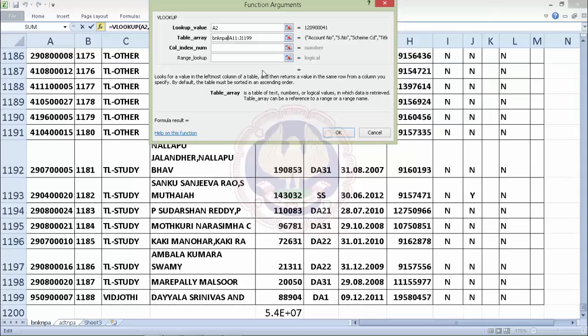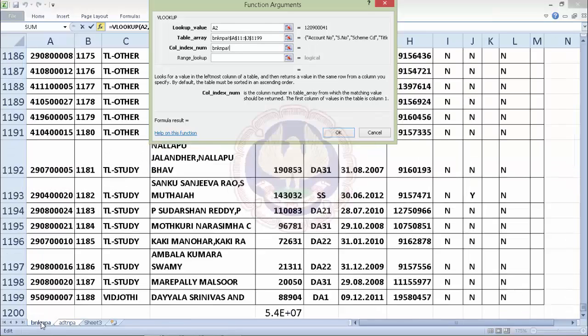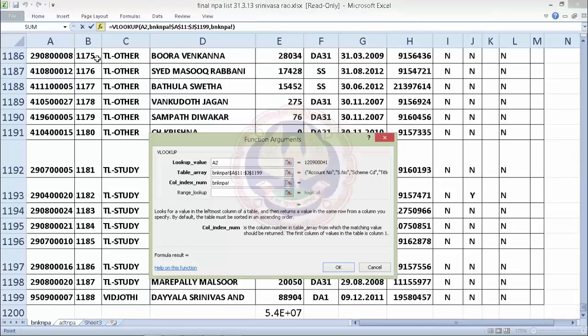Before going in, I want to put dollars here so that when you drag it, the figures are constant. So I press F4 so that before and after this you have dollars. Now column number, we have just now counted. The column number of date is 1, 2, 3, 4, 5, 6 and 7. So I write here 7,